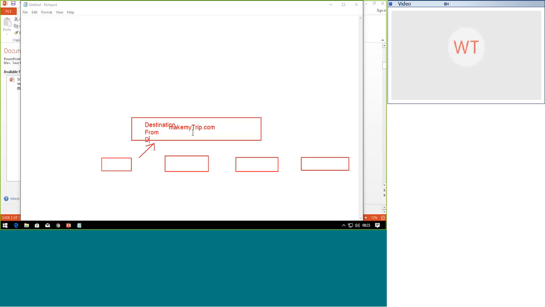You have to enter the date, and the number of passengers that want to travel. If you want a return flight or a direct flight, these are the common things you'll see on these websites when a user tries to book a flight. So what are these things? These things are basically the UI. What you see on that website, in those text boxes you fill up, this is the UI